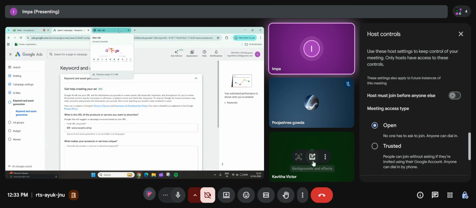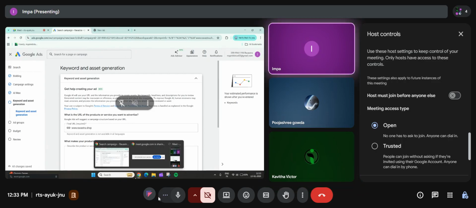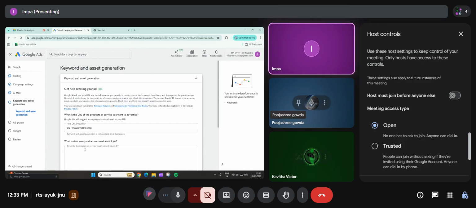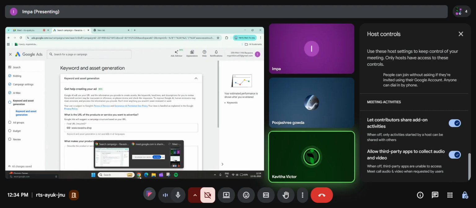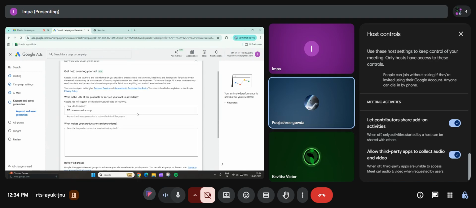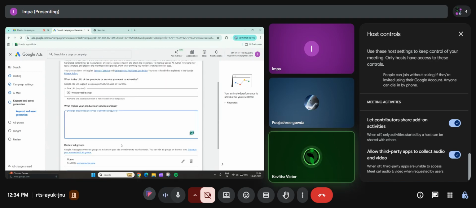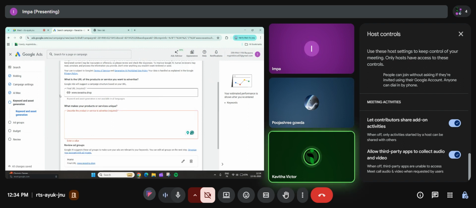Ma'am, keyword, where should I paste? Keywords I will tell you. First, work on this USP. We will finish one by one. Ma'am, Pooja, for me it is automatically added. Which one? Keywords? No, ma'am, this about the company, unique selling proposition. Yes, ma'am, it would have analyzed your website. Did you turn on that AI Max? No, ma'am. Okay. Keywords also sometimes will be added by referring to your website.